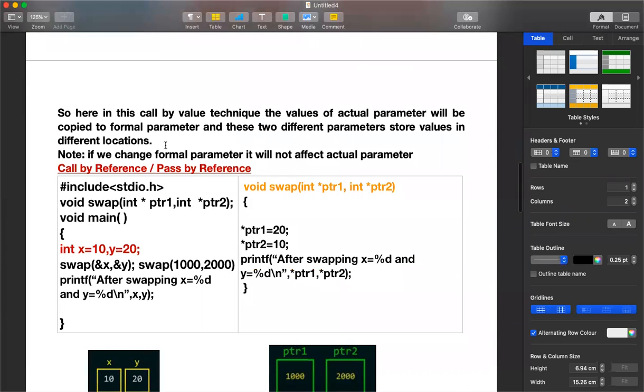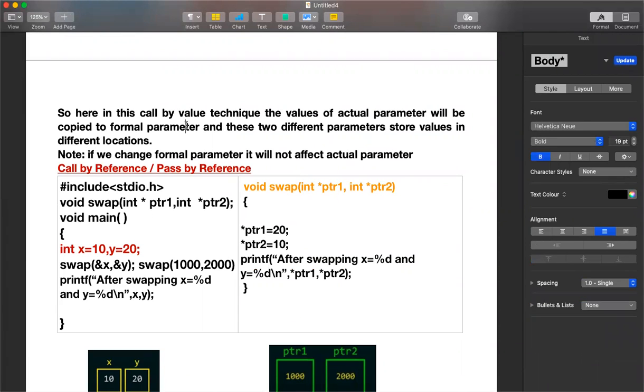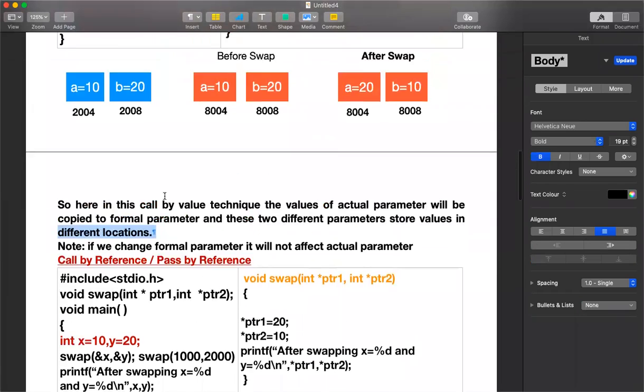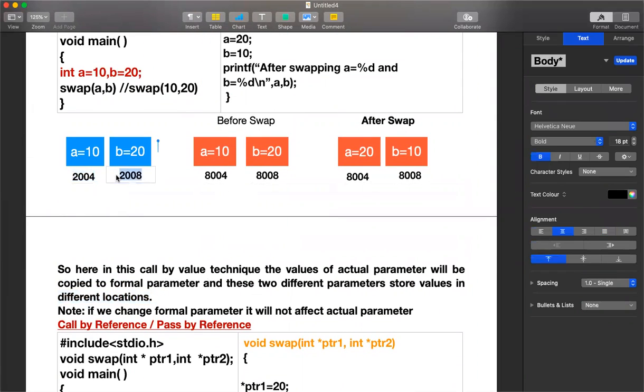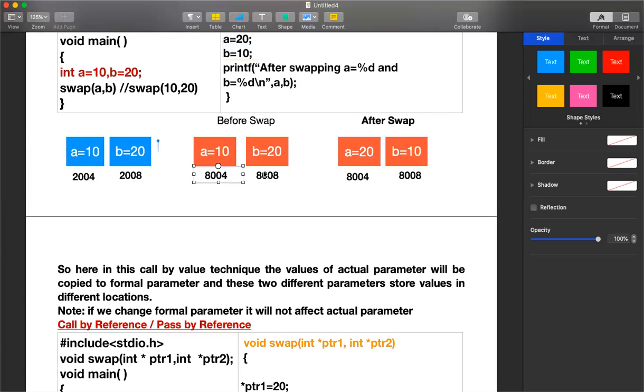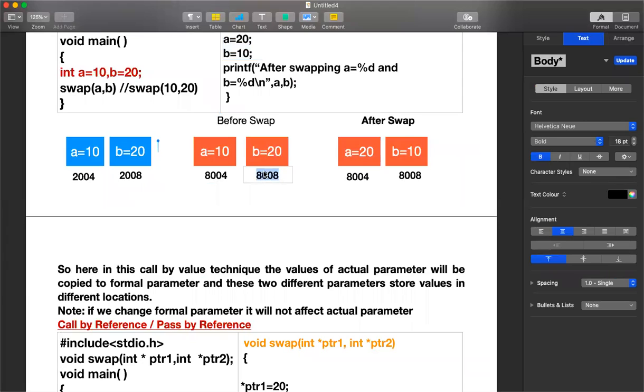And note, even though the actual parameter value is copied to the formal parameter, these two different parameters store values in different locations. 2004 and 2008 were the addresses of the actual parameter, and 8004 and 8008 are the addresses of the formal parameter. So it's quite evident that even though the values are copied, the locations are not the same, they are different.